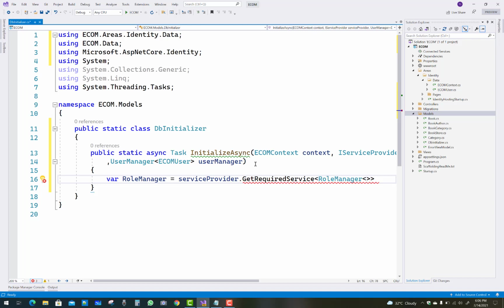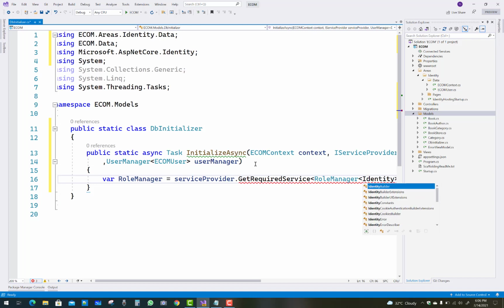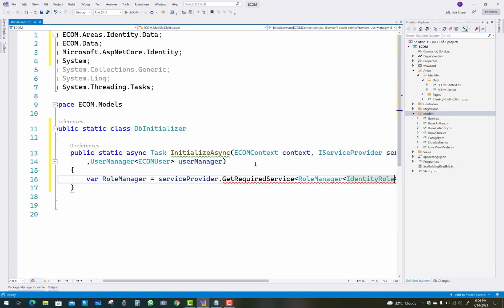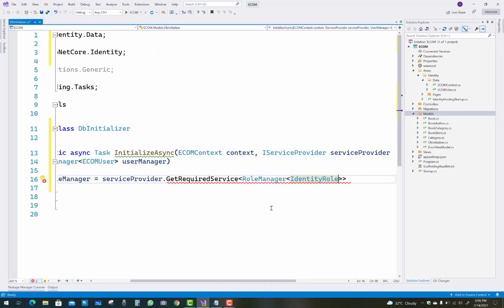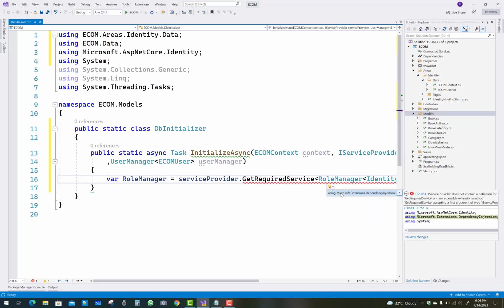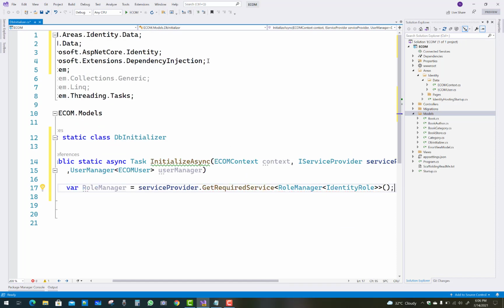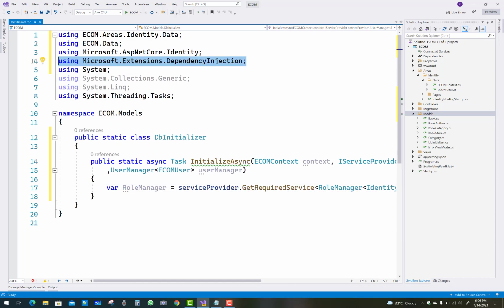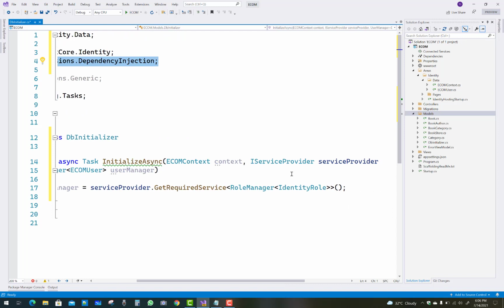GetRequiredService is not available at first, so a dependency is needed. That method exists in the dependencies, so just use the Microsoft.Extensions.DependencyInjection namespace. RoleManager uses IdentityRole, the default class existing in Identity.